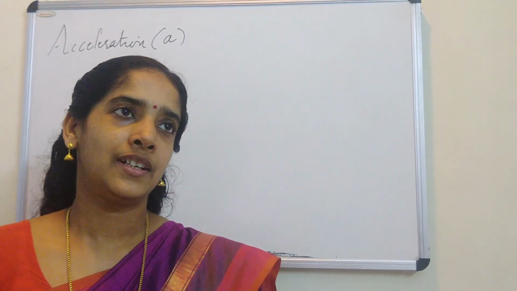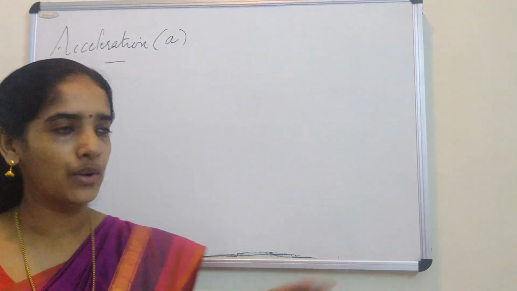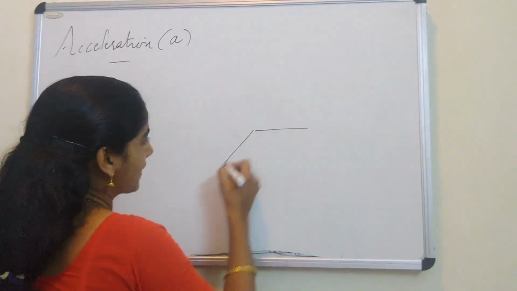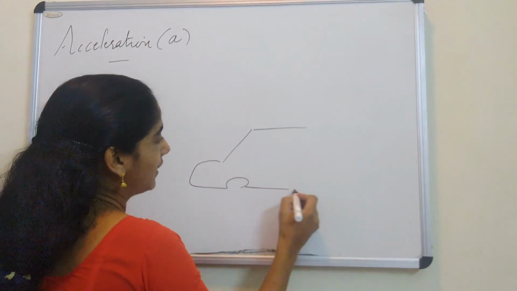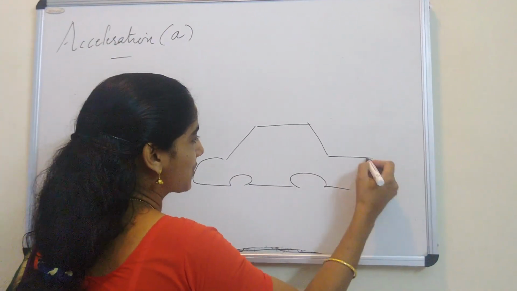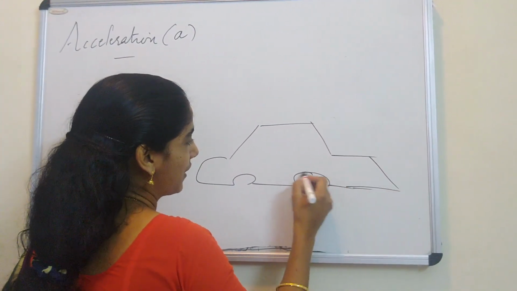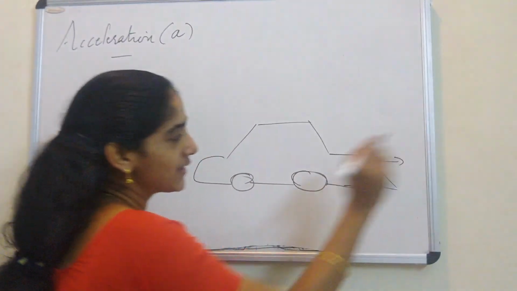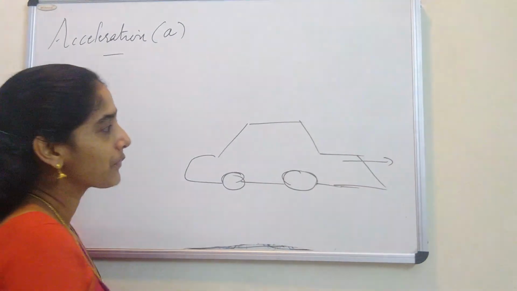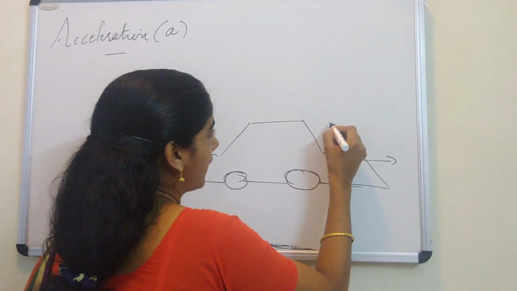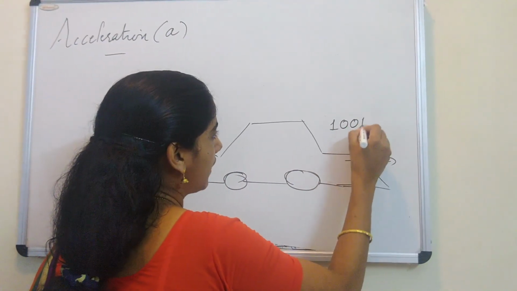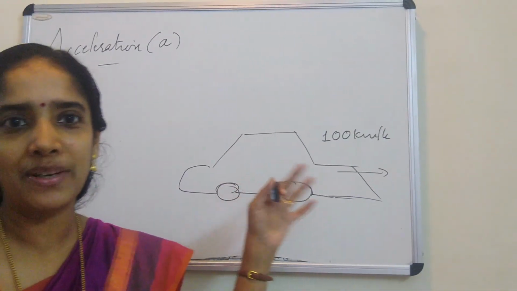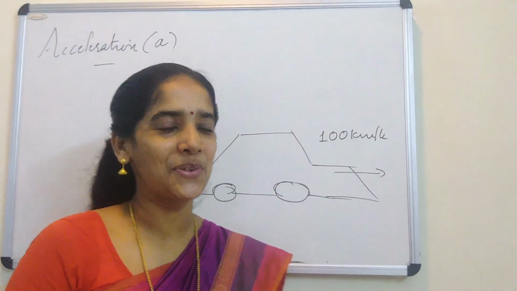Let us take one example. Suppose we are on the way to Mumbai, going by car. Let me draw a block figure of the car. You all are very good artists, I am not, so please forgive me. We are going in this direction, heading towards Mumbai. Suppose our car is going at a speed of 100 km per hour. If you like to go with thrilling speed, then write 150, no issue.